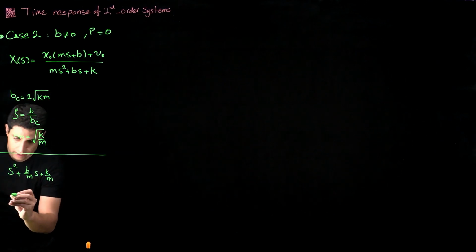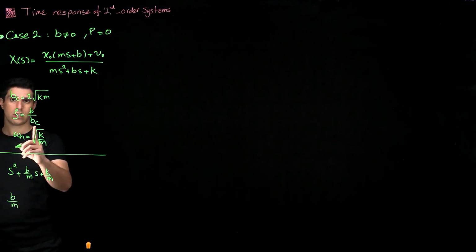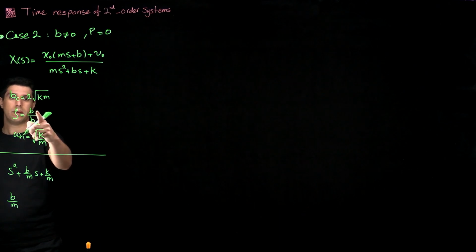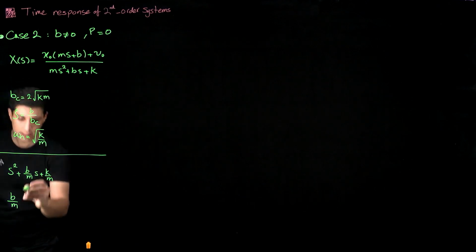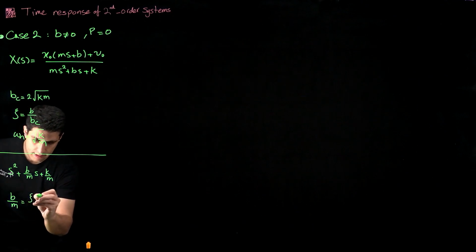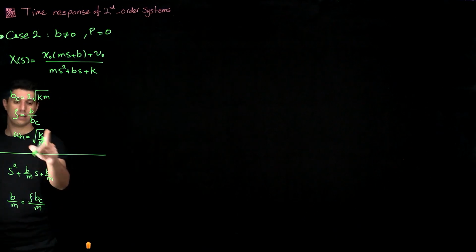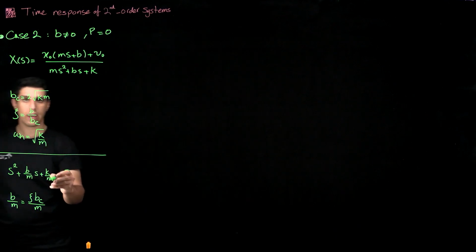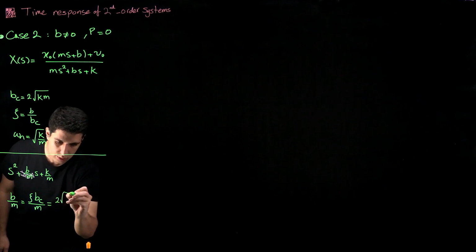So b over m is zeta times b_c over m, and b_c is 2 square root of km,